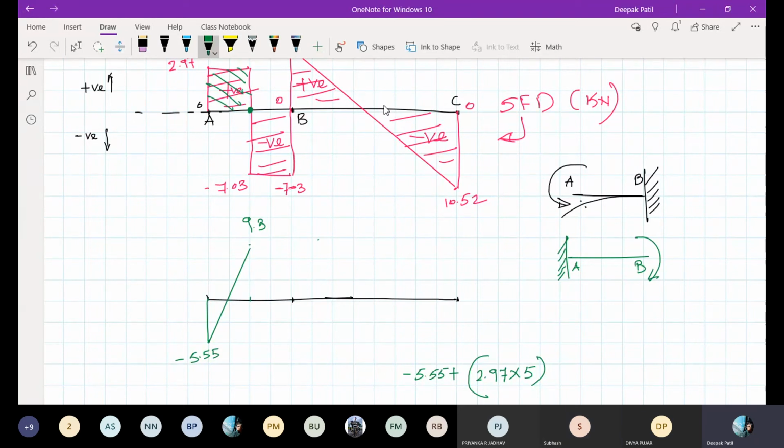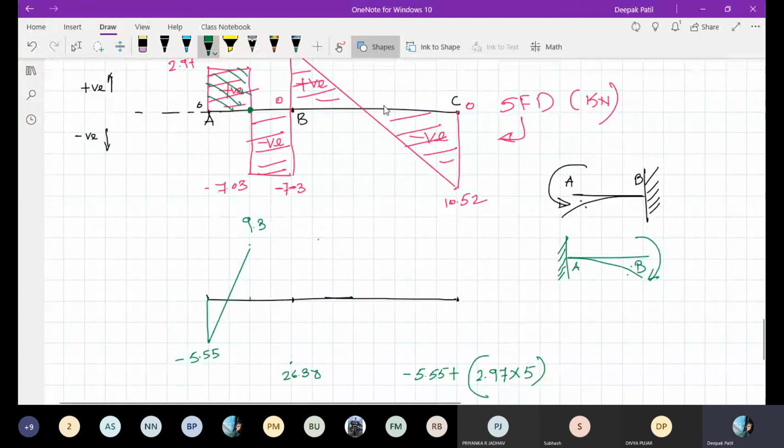So if you put a moment like this, how will the beam bend? The beam will bend like this. So where is the compression face now? Top or bottom? Where is the compression face? Bottom. Yes, it is bottom. It means once again you have to write that 26.38 at the bottom.